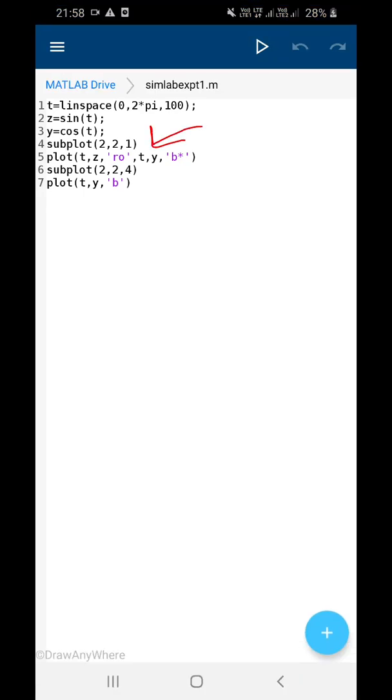The next graph is in the same window: t is on the x axis, the function cos t is on the y axis, and you want the cosine function in b star, meaning blue color in star format. We have just seen that the cosine function is in blue color with star format.